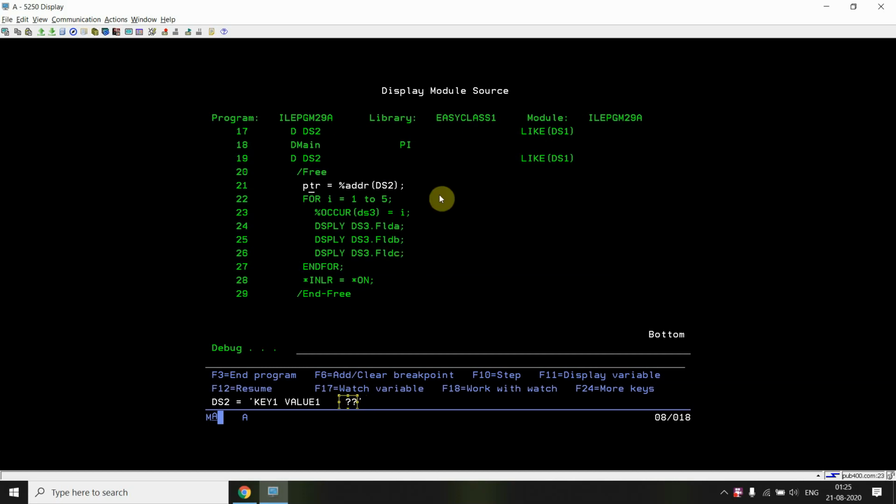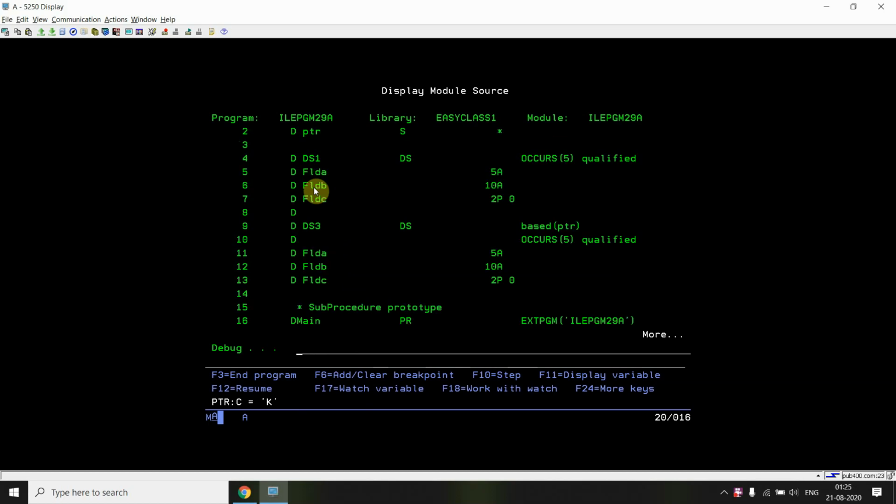We will be seeing whatever we are displaying here. Let's just do F10. You can see that now the pointer is populated with the address. So this is the address. If I look at the value at that pointer address, the address which the pointer is holding, I just need to go up.